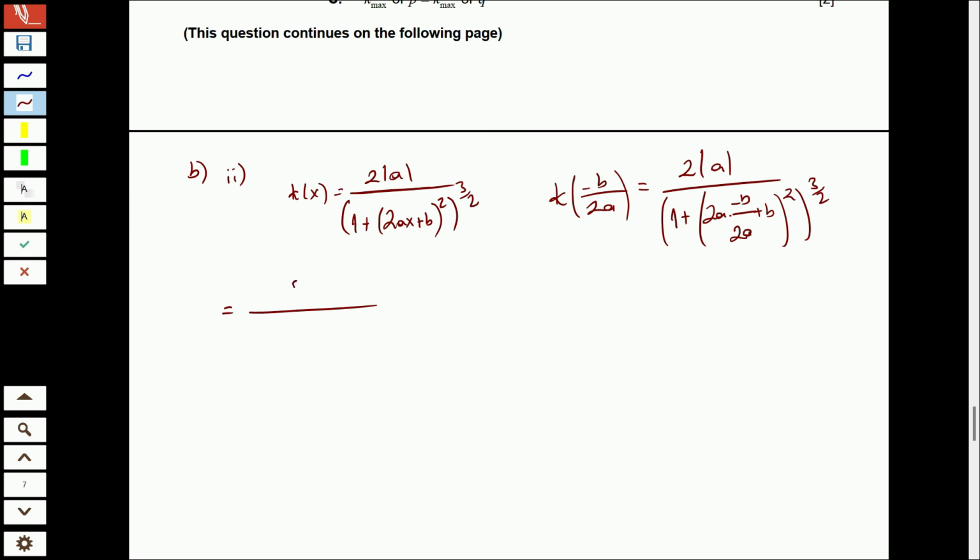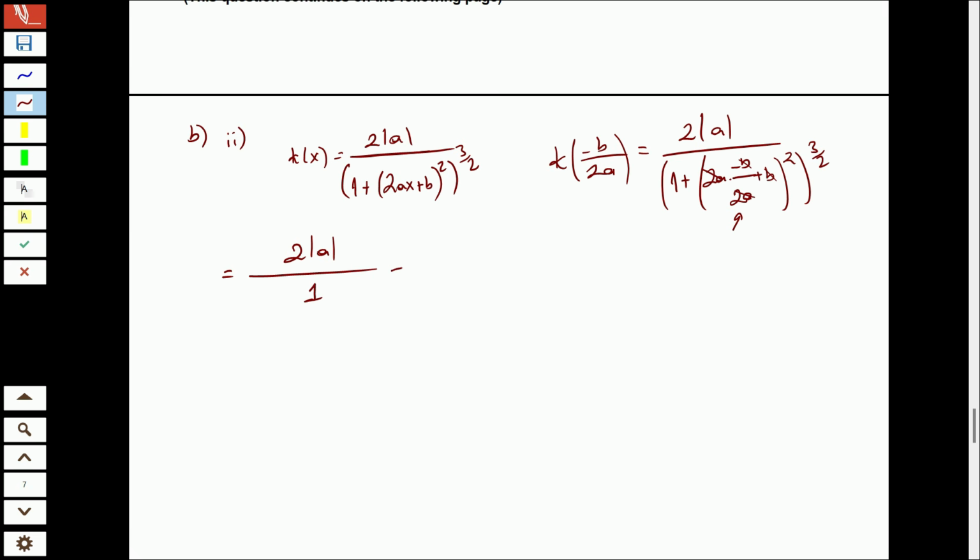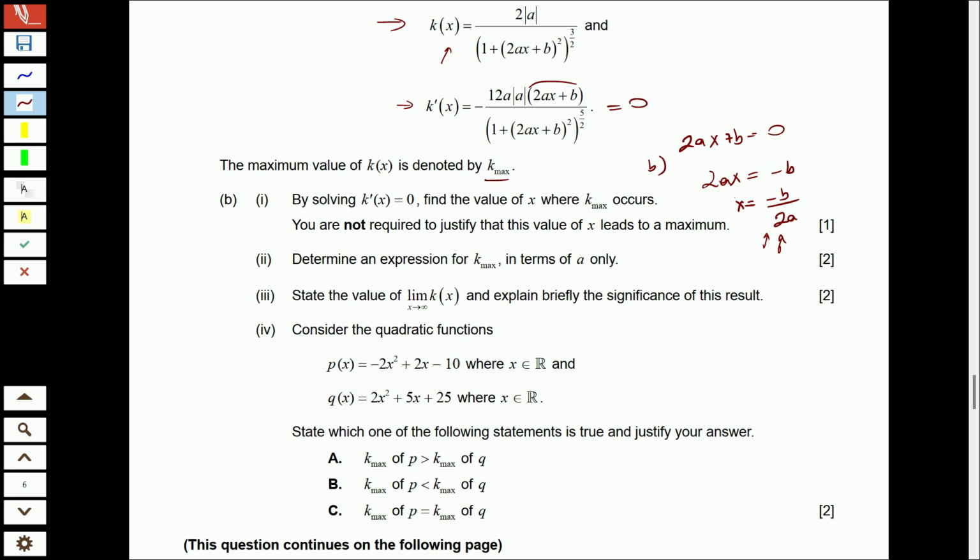It will give us 2a divided by, in parentheses, 2a will be cancelled and b will also be cancelled. So the denominator is 1. It will give us 2a, right? Next question is state the value of limit x approaches infinity of k of x and explain briefly the